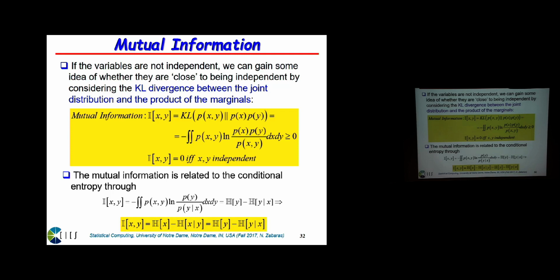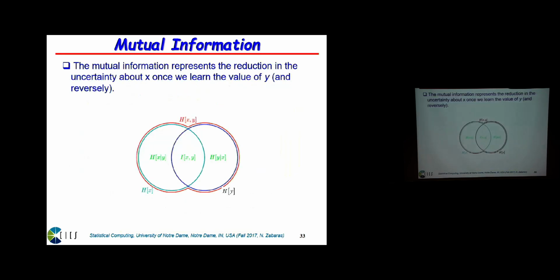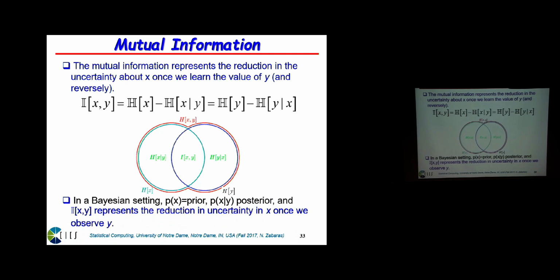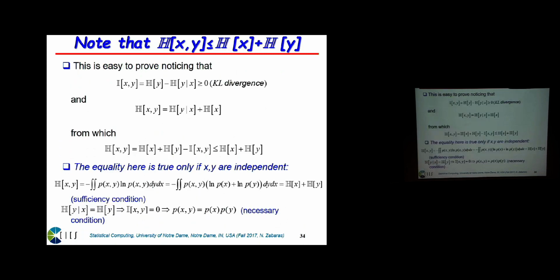Again, this identity on the bottom is symmetric, so you can write it the other way around like this. And there is a graphic representation, I don't know from which of the books it is, but basically you can derive all possible equalities between this mutual information and the relative entropy and the joint entropy. And you can look in the notes. Most of these identities are sort of common sense. Okay.